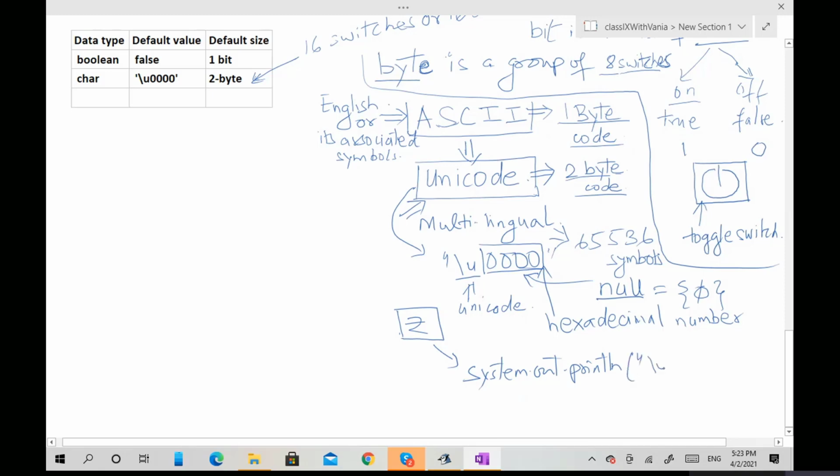If we write slash u 20b9, it will print the rupee symbol. You can see that b is there. You understand the number system, right? How many number systems do you know?